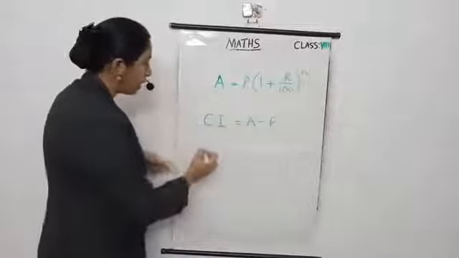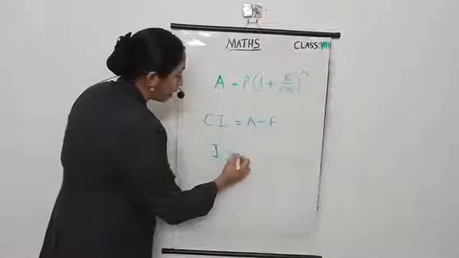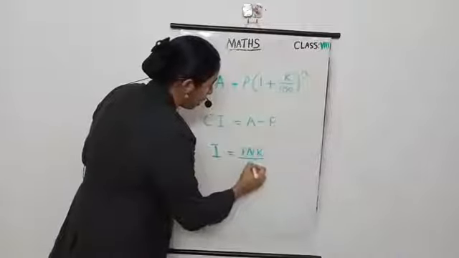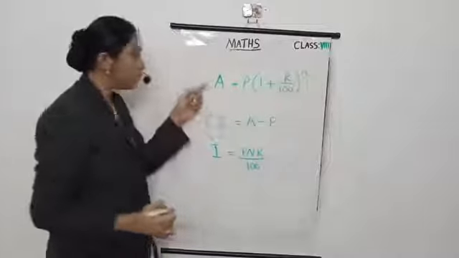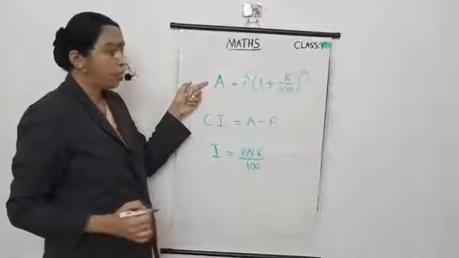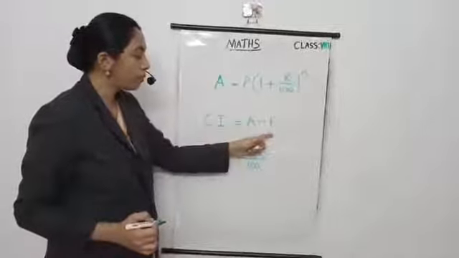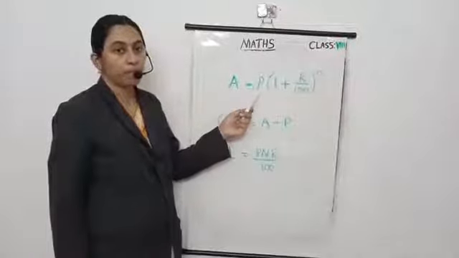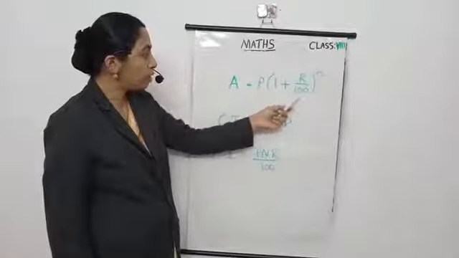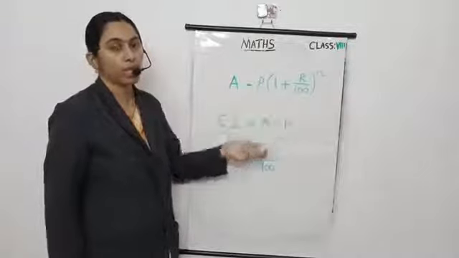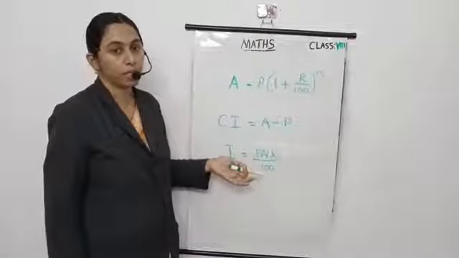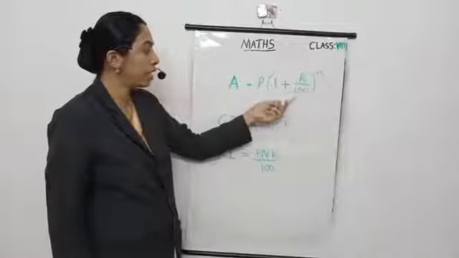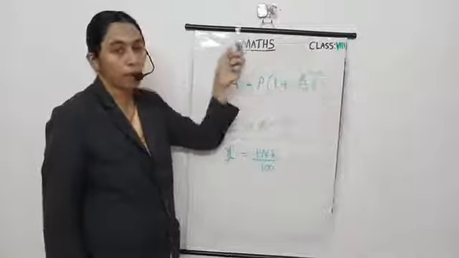The simple interest formula is a direct formula. Directly we can find simple interest, P N R by 100. But here we need to find the amount, then amount minus principal amount gives the compound interest. Here P represents the principal amount. This is 1, this is 100. R is the rate of interest, that is 5%, 2%, 3%. Then 3% means we write 3 by 100. That's why here 100, all raised to n. N means the number of years.